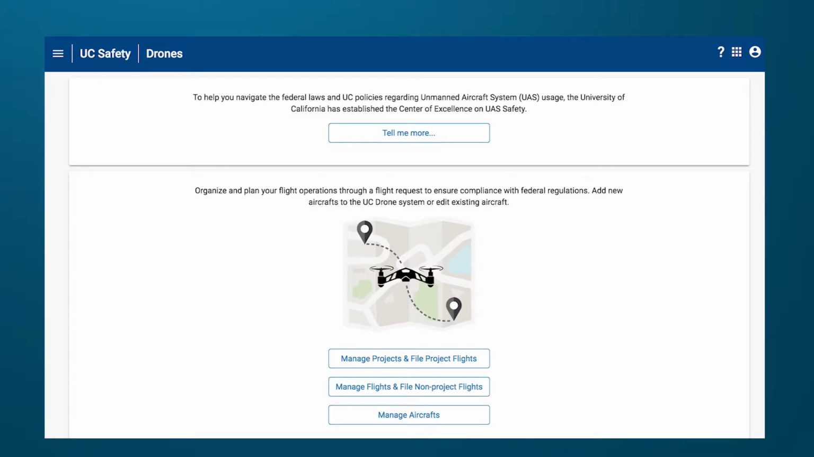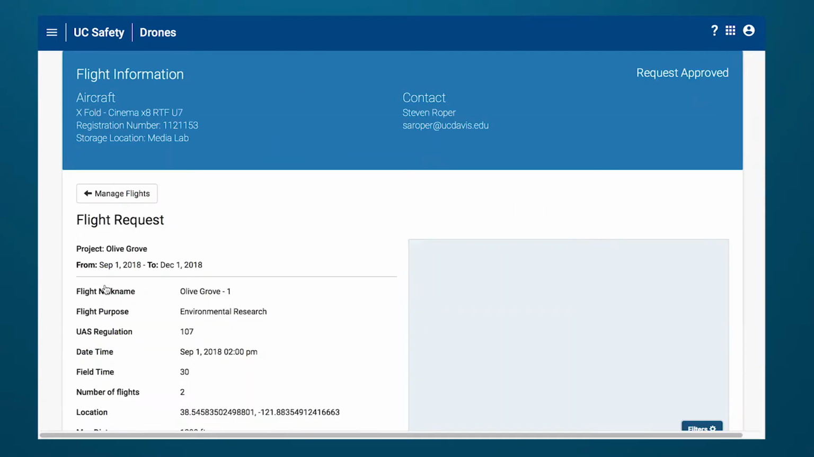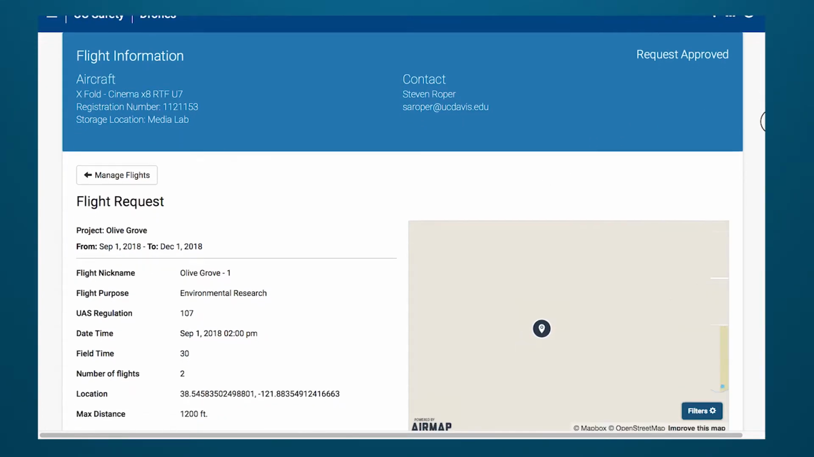In this training video, we will learn how to submit a flight report. After submitting a flight request, if the request is approved, the user is prompted to submit a flight report. On the flight information for an approved request, the user will see a Create Report icon at the bottom of